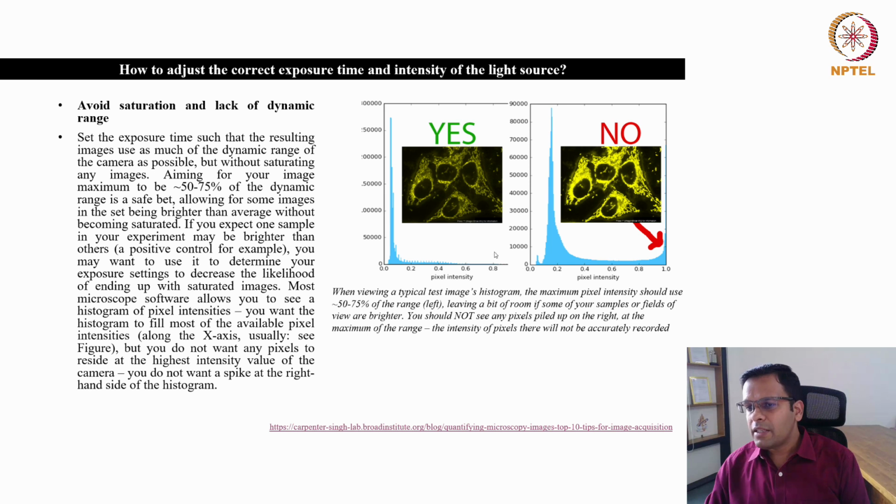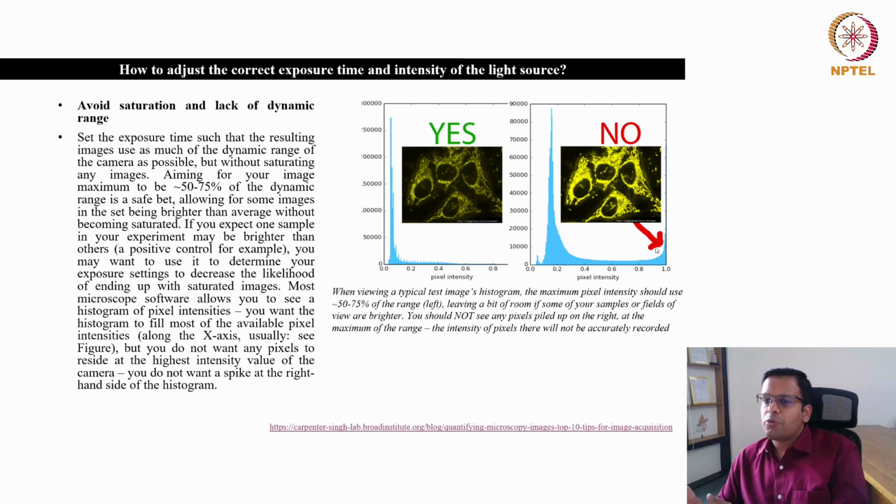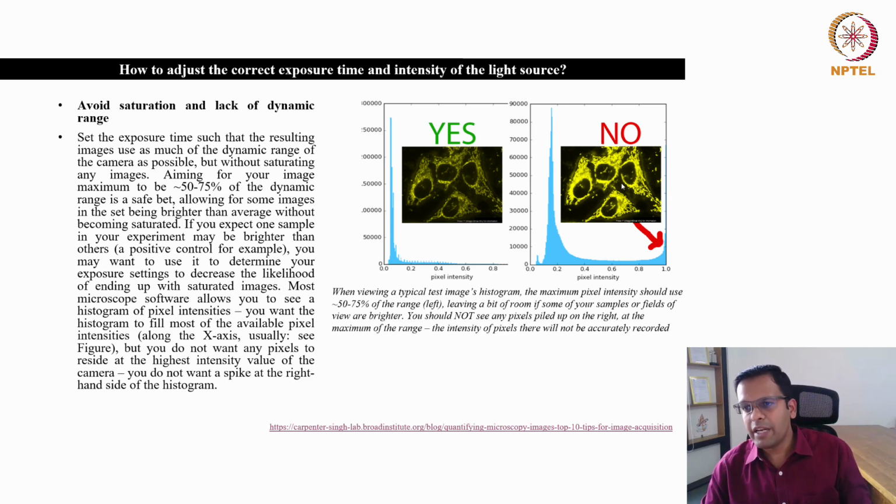This limit is imposed by the camera bit depth. If the camera is 8 bit, then it provides 256 shades. Depending on the camera bit depth, these pixel intensities can be captured. That means if you have a 16-bit camera, it can provide you more dynamic range to collect more levels of fluorescence intensities. But if you are using an 8-bit camera, it will provide you a small dynamic range in which you have to adjust your fluorescence intensities.